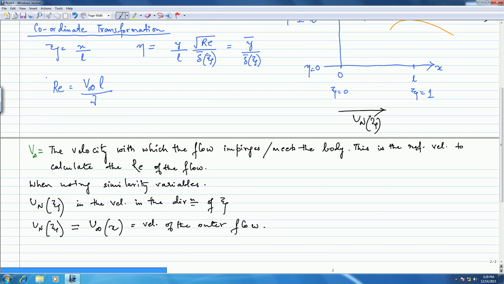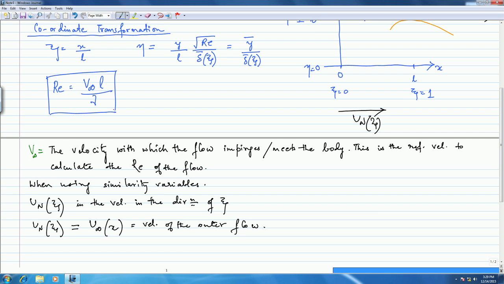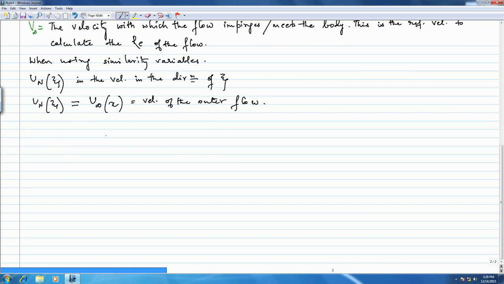Yes, so I did talk about the Reynolds number. Okay. So, that is that. Okay. Having come to that, we are going to now look at a trial solution, right. What is the trial solution? So, we are going to write the stream function in terms of the zeta and eta, which we are going to write as L by under root Re, u_n zeta,